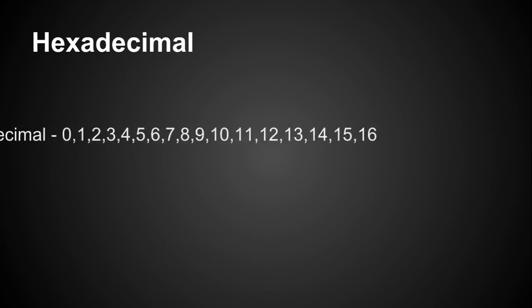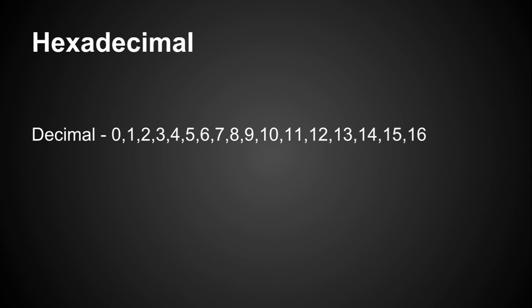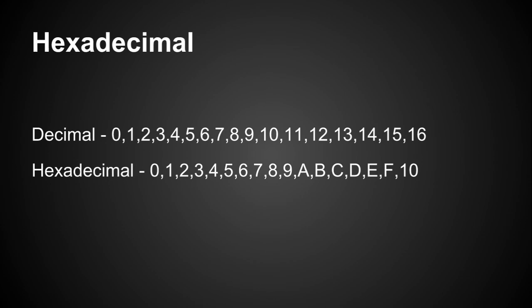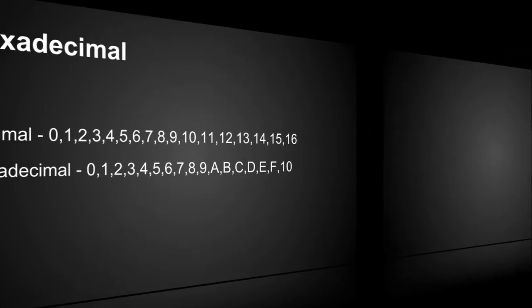So hexadecimal is another thing that confuses people, because you see numbers and letters together and your brain just goes, no thank you. But hexadecimal is pretty easy to understand once you see this slide. So decimal, here's 0 through 16 represented in decimal notation, which is what we use, because we have 10 fingers, so why not? Hexadecimal means you have 16 symbols, so 10 is actually A, and 16 is actually 10, so that's kind of confusing, but for the most part, you just think of it like a slider, and